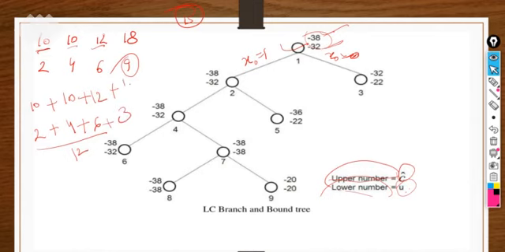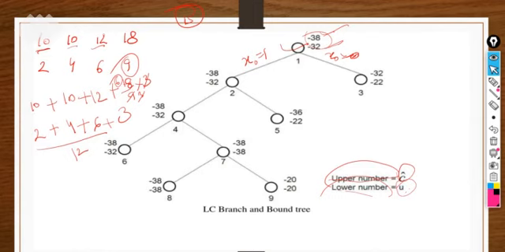One third part of this. So what do we have to take here? 18 by 9 into 3. That means we can take the sixth part. So what does it mean? For the upper bound we can take it exactly, either we have to include or exclude, but we can take the cost in the fractional part, right? I'm taking the cost here. For the cost I'm taking the fractional part, but for the upper bound I'm not considering it at all, right?